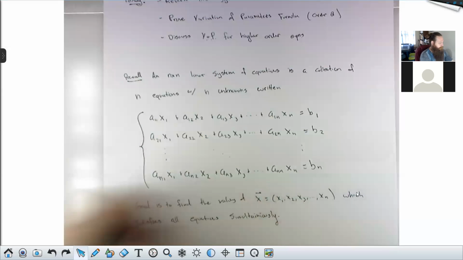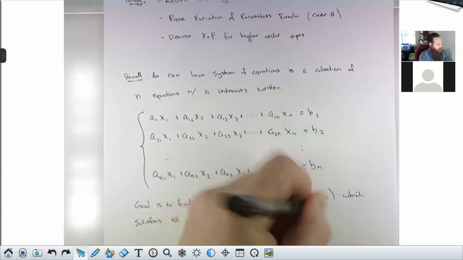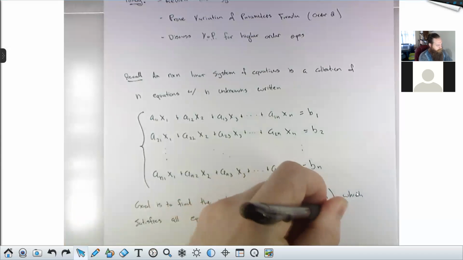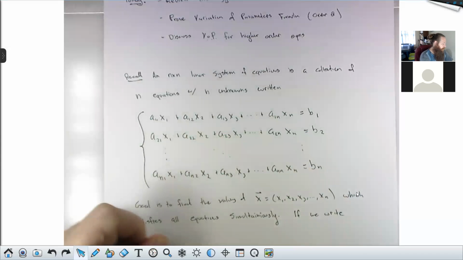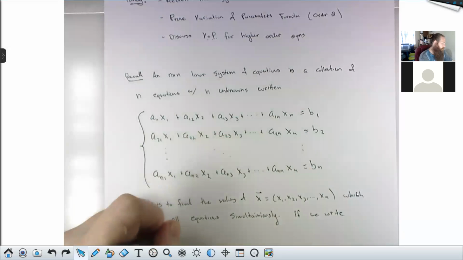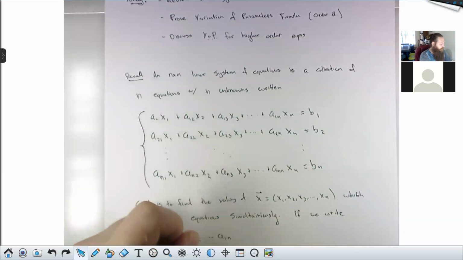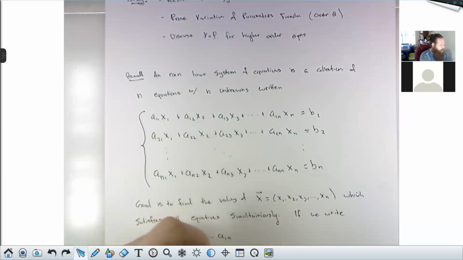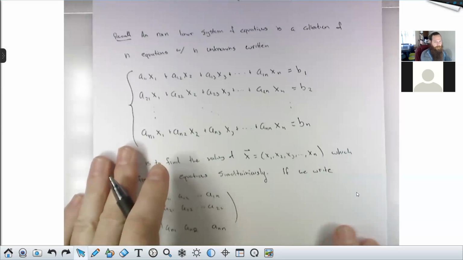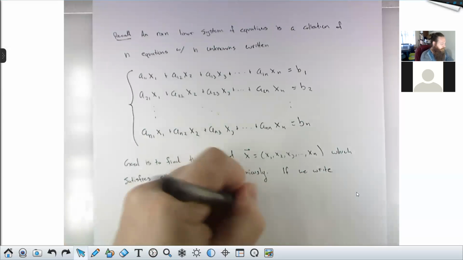But if we write the matrix A as a11, a12, all the way out to a1n, a21, a22, all the way out to a2n, and down to an1, an2, all the way out to ann, this,